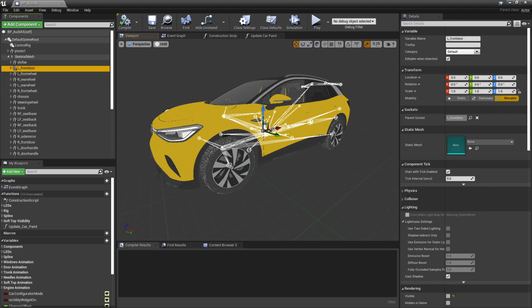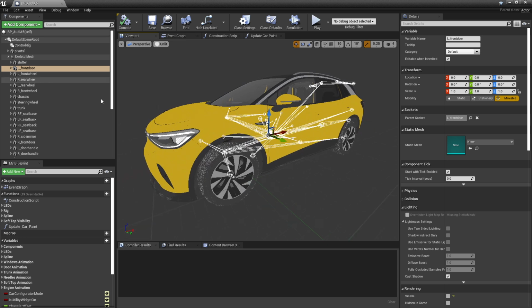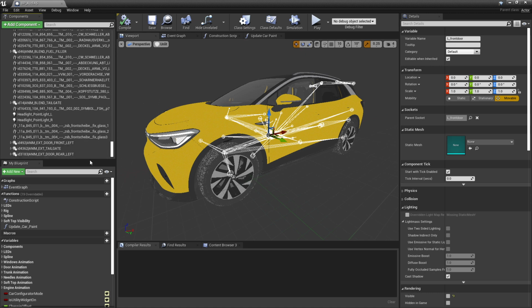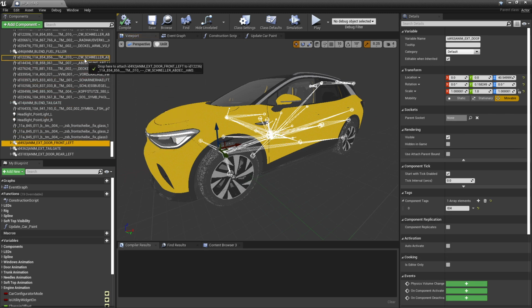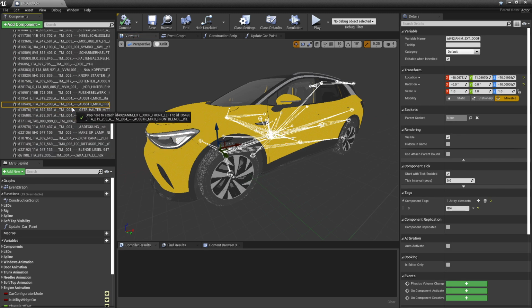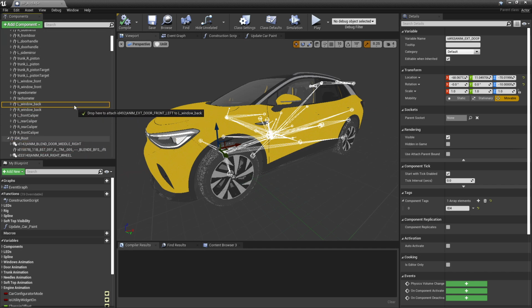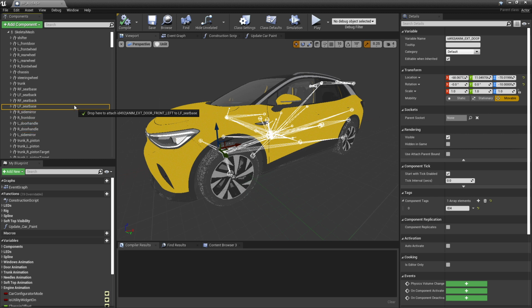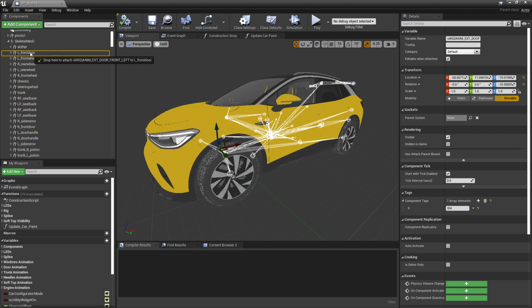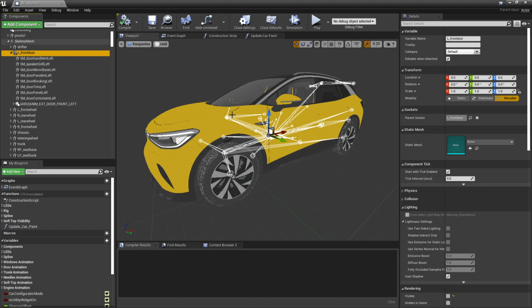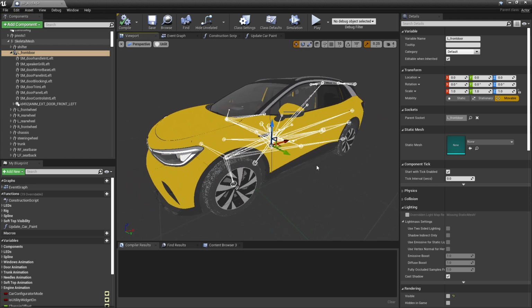So you can see this left front door is obviously aligned and ready to go. What we're going to do is expand out our list of geometry that lives underneath this ID4 root. And we're going to grab this left front door, and make a simple relationship, a simple parenting operation. So we'll grab that guy and continue to scroll up here, and drop it underneath that left front door placeholder. So with that done, you can see we've now got our left front door underneath that point, and it's going to go along for the ride of that control rig's left front door.